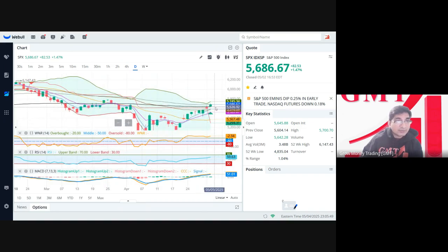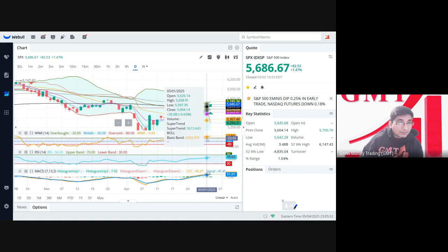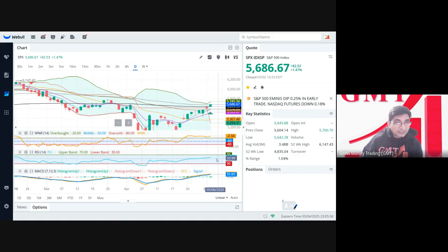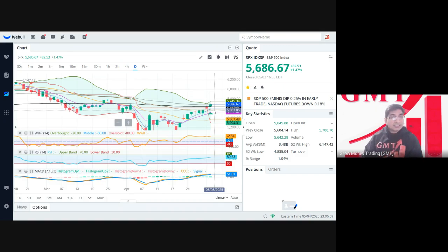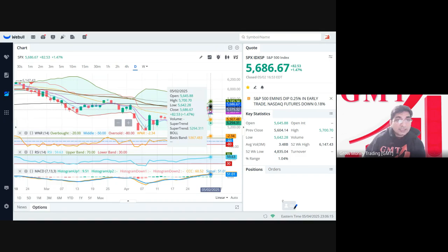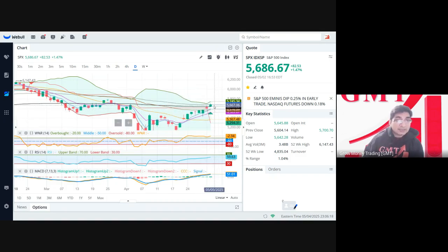It has closed above the 200 EMA. Williams R is in the overbought region. RSI is almost reaching the overbought region. However, it has not reached the overbought territory yet. So for those who are currently holding the S&P 500 stocks, you can expect small upside from the current price. It is currently at 5686, and the upper Bollinger Band here is at